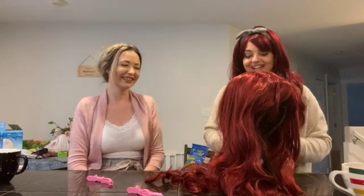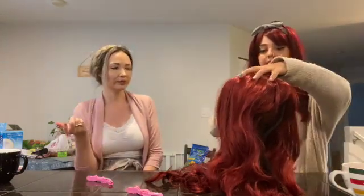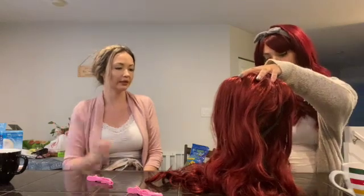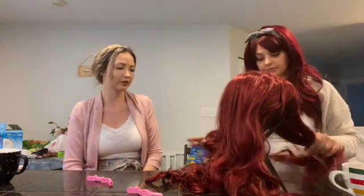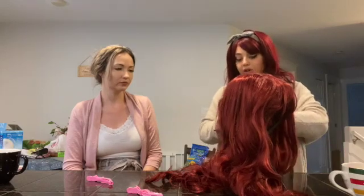So personally, I keep mine in Ziploc bags. And that's what I do with my real human hair extensions anyway. That was something my hairstylist told me to do too. Yes. The other thing is you don't really need to wash them at all,